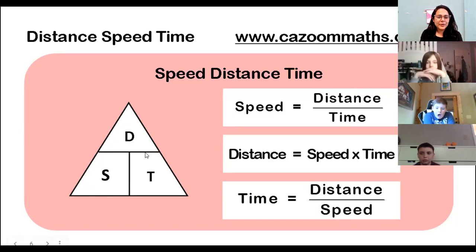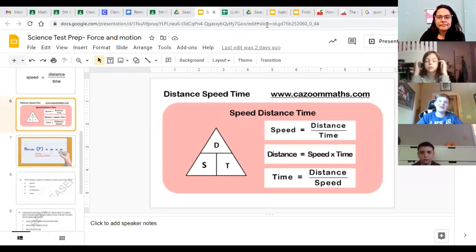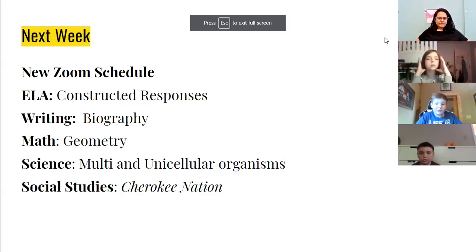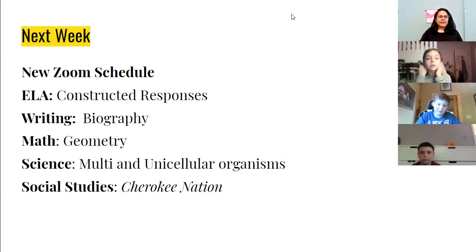Yeah, so D is over S or T, distance over time or distance over speed, and S times T equals distance. You will also have this in your EOGs. They will give you the formulas. The important thing is that you remember the relationship between those concepts. If you think about it logistically, in the rules of math, if it's multipliable, it's divisible. If it's divisible, it's multipliable. Exactly, they're opposites of each other. So they are related.